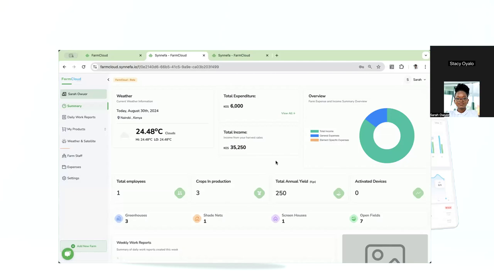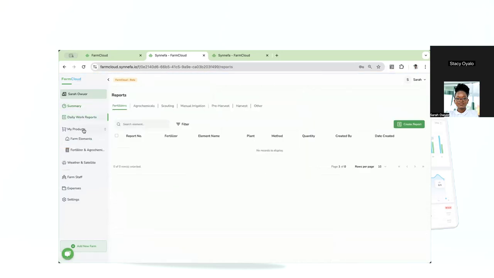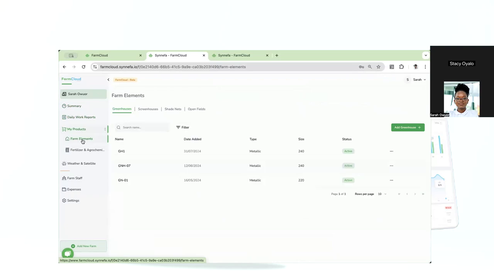So it's a summary of what is happening on your farm. So the first step is here. You come here to my products. That's the first place you should go when you come to FarmCloud, this dashboard. When you come to my products, you click on farm elements. So farm element can be either greenhouses, screenhouses, shade nets, open field, or any other structure you have at your